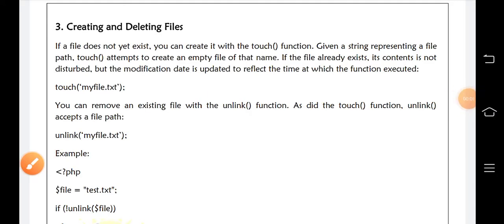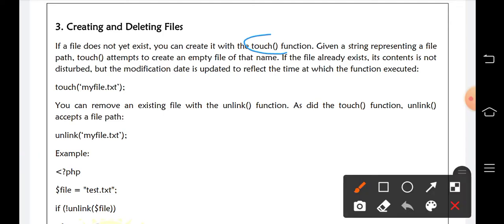Next we have creating and deleting files. We can create a file and we can remove that file by using two functions. In order to create a file, we have a function called the touch function. What is it? The touch function is used to create an empty file of the given name, and if the file already exists, the